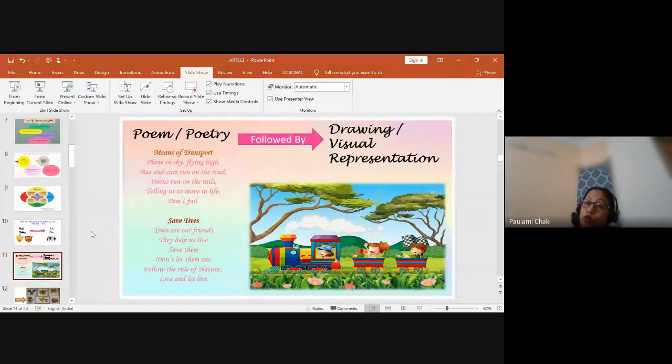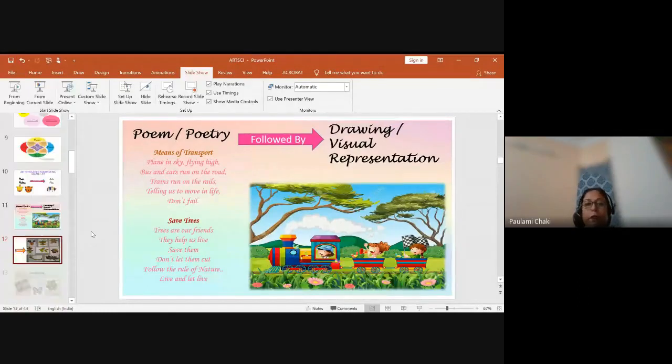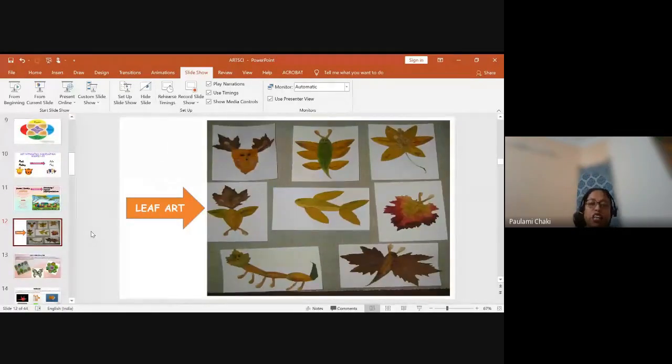For Getting to Know Plants in grade 6, we have a lesson where we can do it. Then if I talk about light, and if I talk about sound, there also we can use this poem activity again nicely. So there are multiple different topics where this poem can be used. And then we will come to leaf art. So what basically is leaf art?